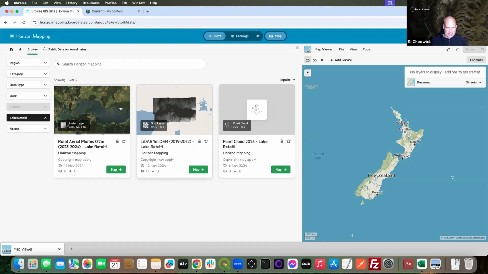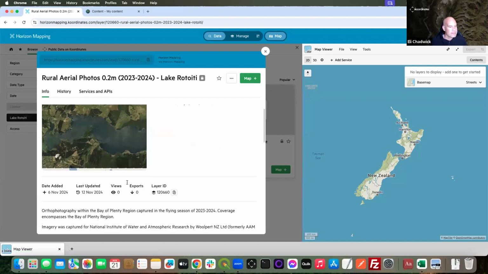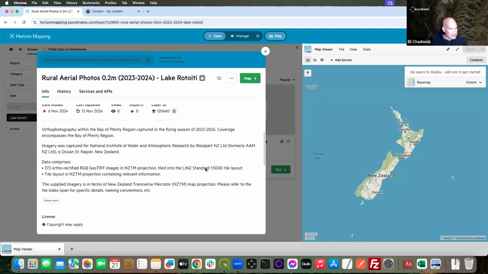And now these data sets, what are we looking at? So here I've got, I will give a nod to LINZ, got this off the LINZ data set just to give you an idea of how that might work. So this guy here, aerial imagery, we call this a data card. It's got a bunch of information about the data set. So metrics, how often the data set has been accessed, a thumbnail of what it looks like, some about information,